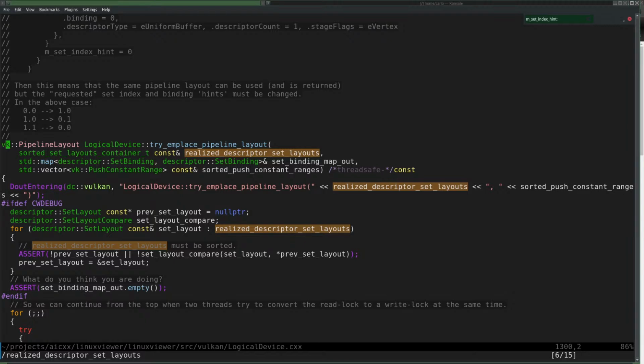Now where shall I start? With this function, or shall I just start chronologically? At the beginning, where I'm looking for, so that would be the pre-process step.